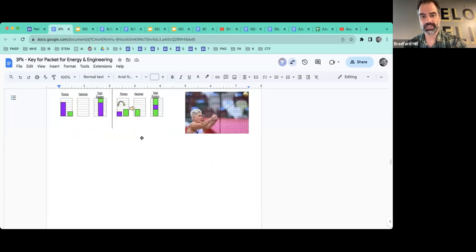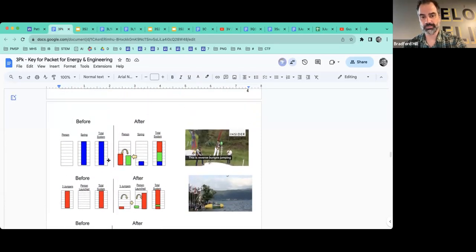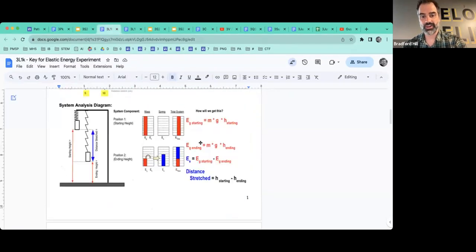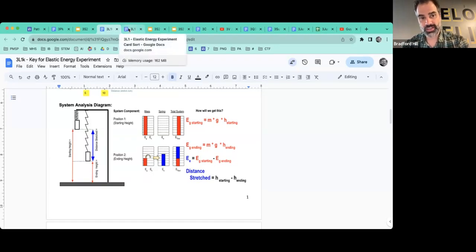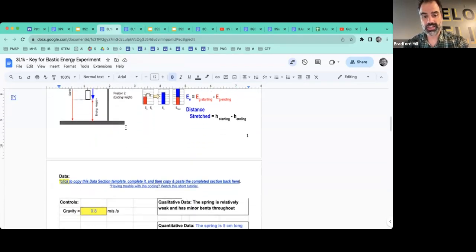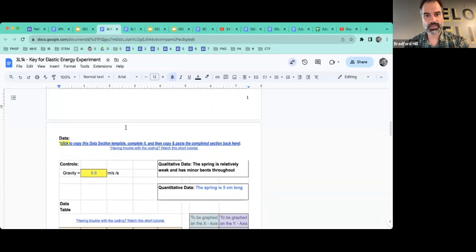They have done a lot of this work previously, but now they're actually writing the equations. And of course, this is getting them set up for the rest of the year. And it's beautiful in the sense that where do they go from here? They go, and I don't have the